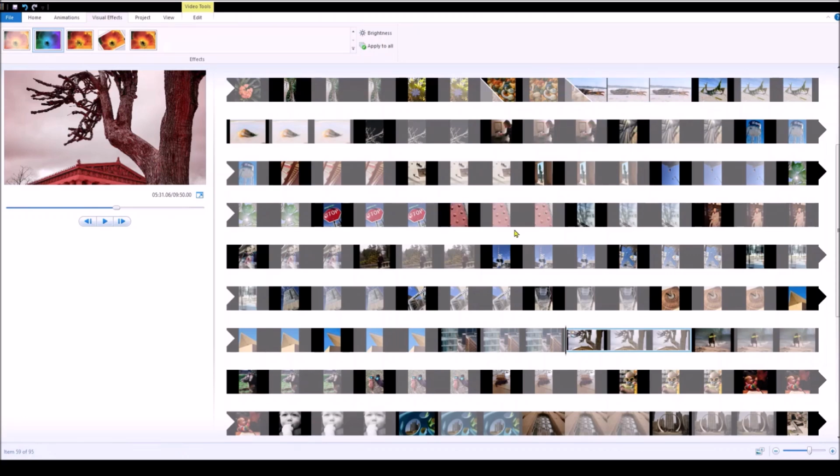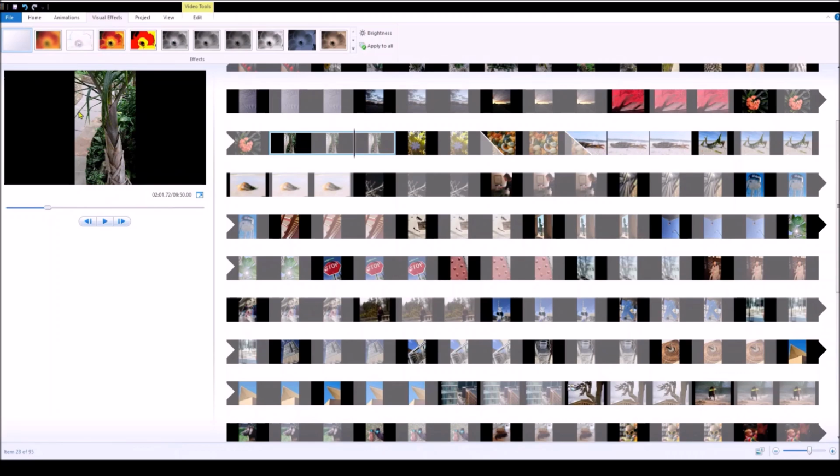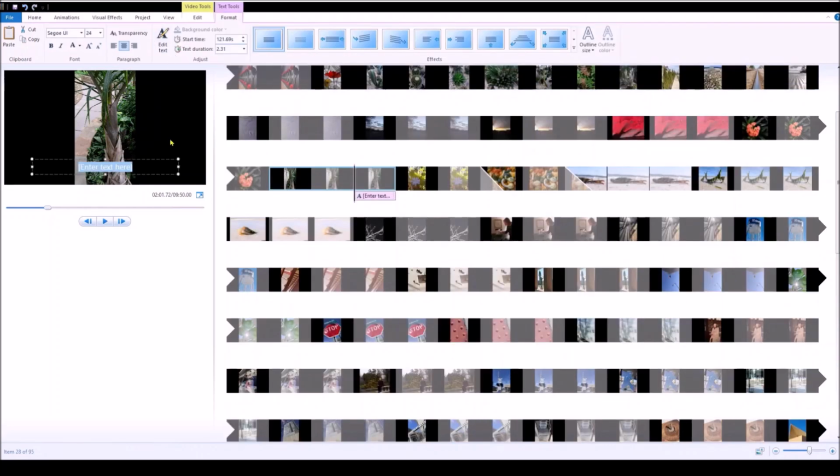Okay, the next thing that we have are captions. Let's say that we have, oh, this is a good one right here, because this image doesn't take up much of the screen. So if I go to my home menu and I click on caption, now I can put in some text, and I could just type, this is a palm tree. Now, that's not very strong. That font is not very strong. So you can make it bold,